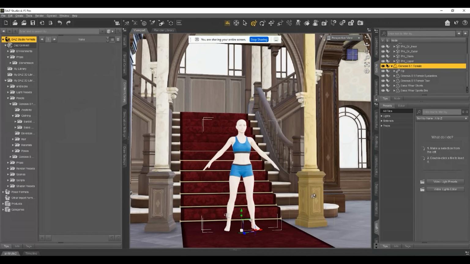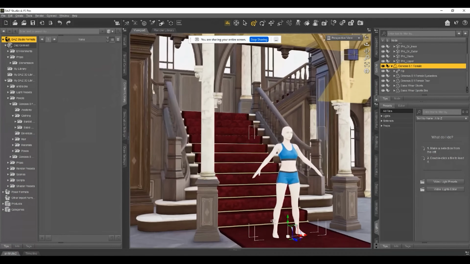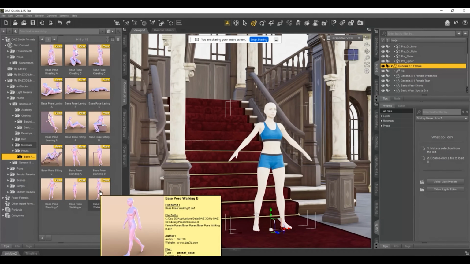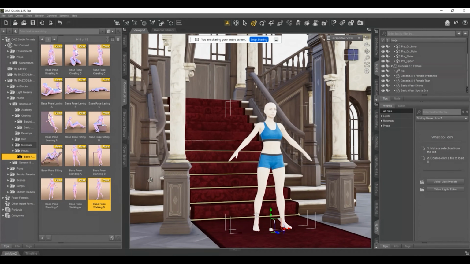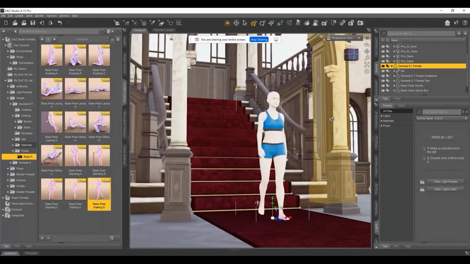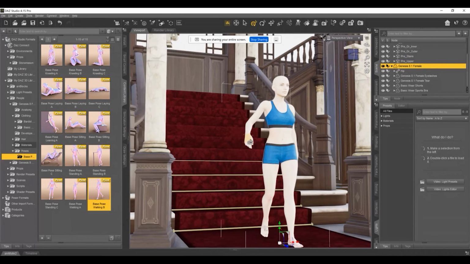And so I've gone ahead and dragged in a basic female model into my scene and put it at the bottom of the stairs. Let's find something that looks like walking. Here we go. So I'm just going to double click on that, and that should affect my model. And there you go. Now she's walking,